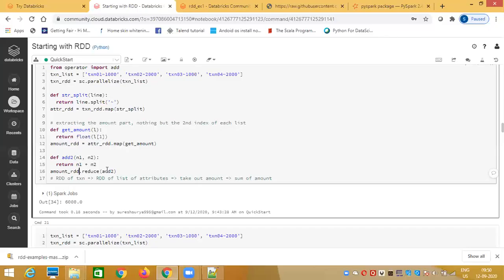Now, we just got to know that an action is the final call in the DAG, the directed acyclic graph of computation. We'll come to that later. Here, we are calling a chain of transformations, and the chain ends with an action. Say you have 10 function calls. The last one is an action, either saveAsTextFile or collect. Before that, you have called 9 other functions.